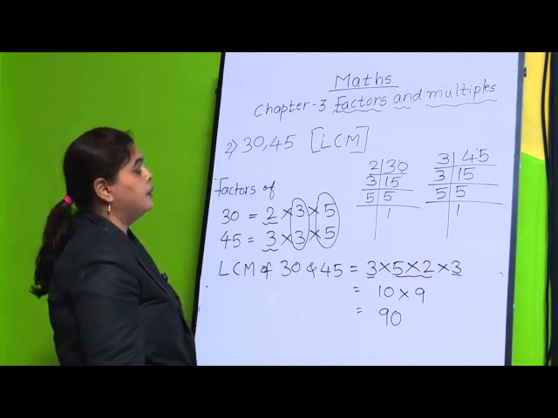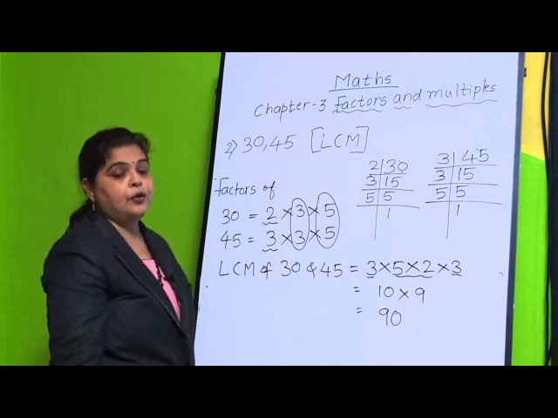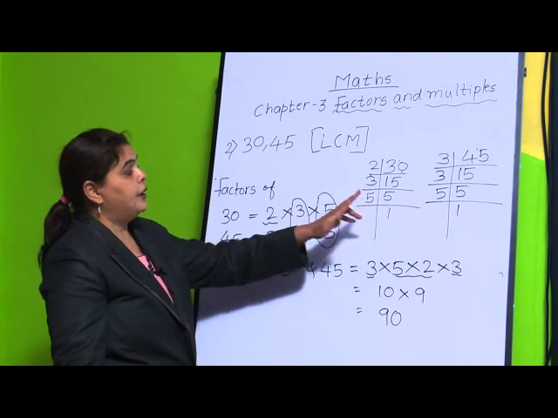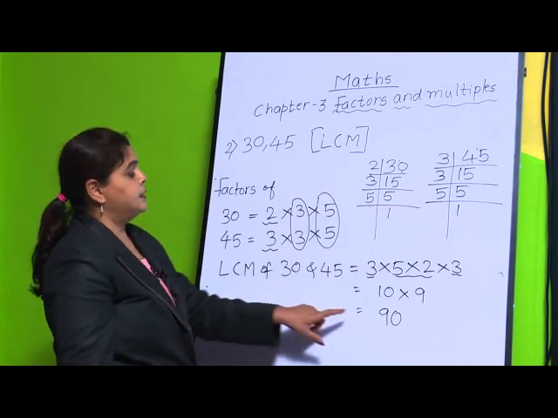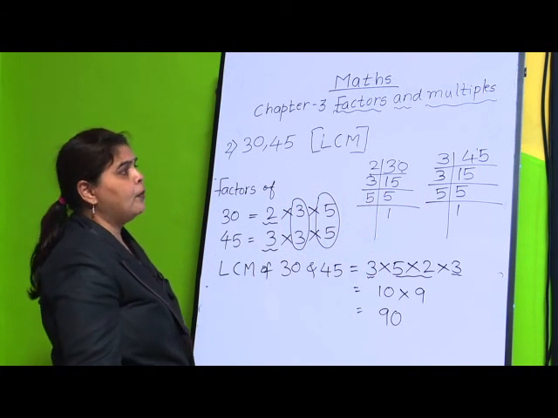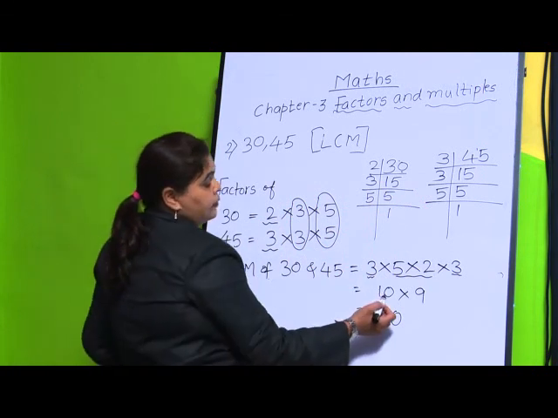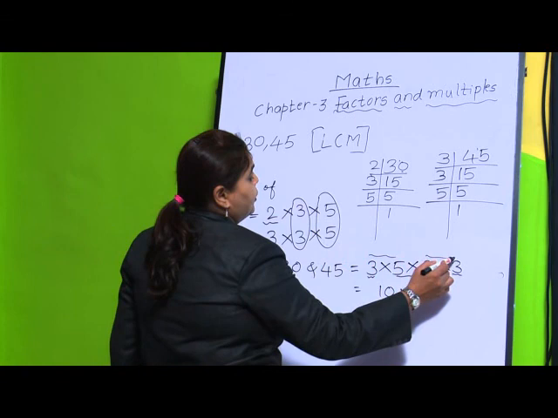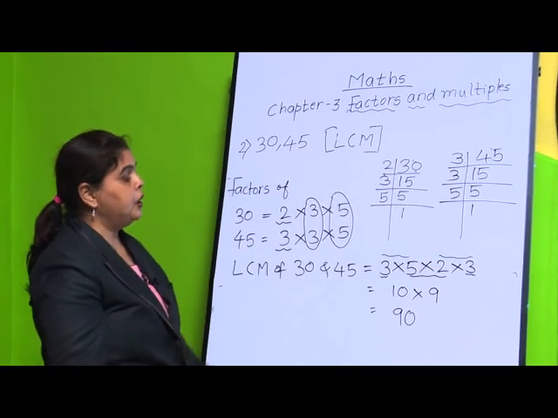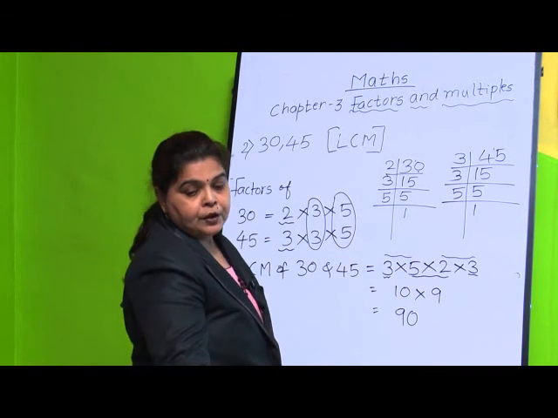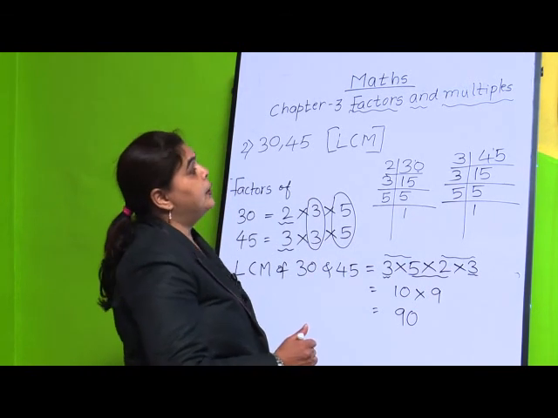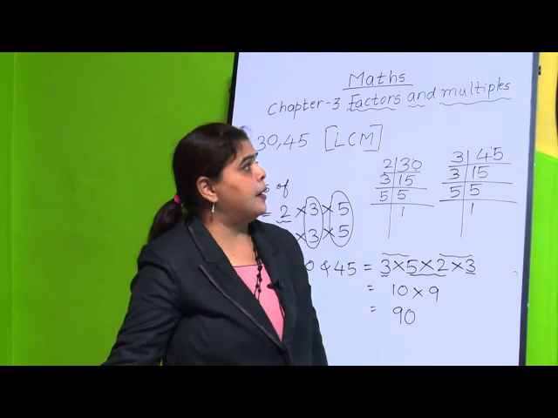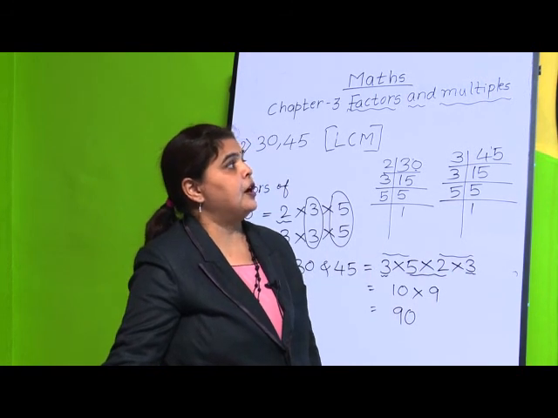So, when you divide by these numbers, what you get as LCM, the remainder will always be 0. So, these are the factors we found, and then we found the LCM, that is the least common multiple. I have given both ways; in the previous sum also we did another method. You can do your own pairing and find the multiplication and find the answer. Now, we have seen this with 2-digit numbers. We will see one more example with 3 large numbers.